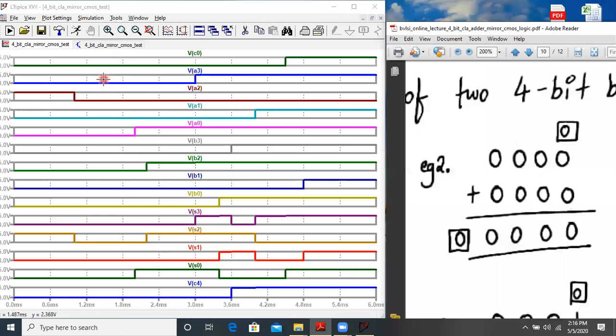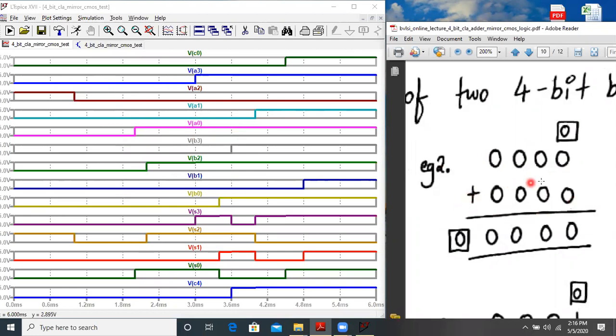Okay, so for the second condition, the time period will be from 1 to 2 milliseconds. So here from A3 to A0, the terms are 0, 0, 0, and 0. So this is what is written over here, 0 0 0 0, plus the B3 to B0 terms are 0 0 0 0.